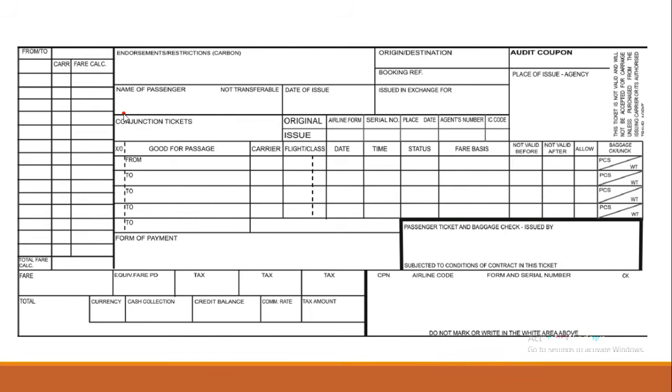Now, in your ticket, you will have the basic information, that is your route, that will be indicated here, and then you will have your airlines indicated here, and you will have your fare calculation indicated here. At the end of your fare calculation, you will then write the total of the fare calculation here. Then you will rewrite it again in this box, followed by the taxes.